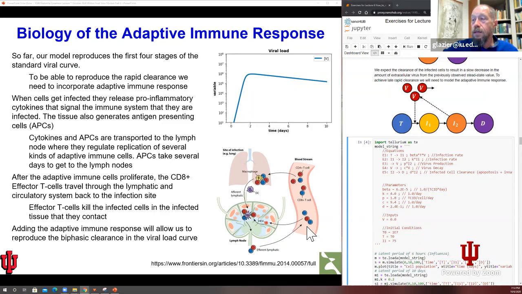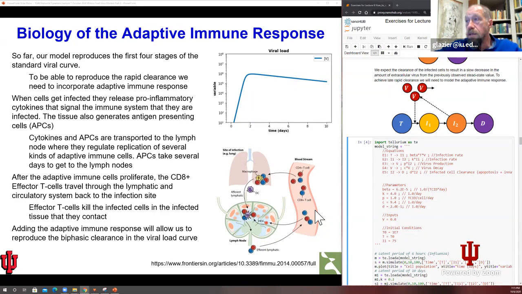Those T cells come back. And you'll notice that we don't just have one type of T cell, you have both the CD4 plus T cells and the CD8 plus T cells. And you have to have these interactions between the two to actually do the job. For the moment, we're going to assume that there's one type of T cell. And we're also going to do something else, which is not so wonderful, which simplifies our model a lot,